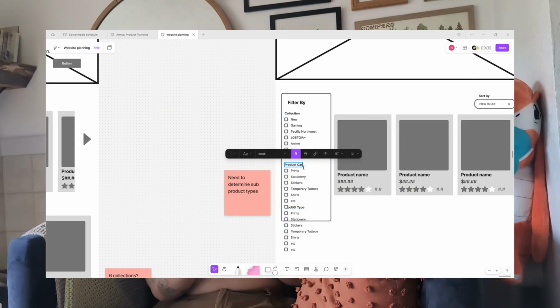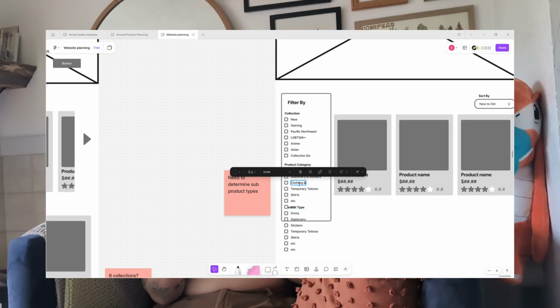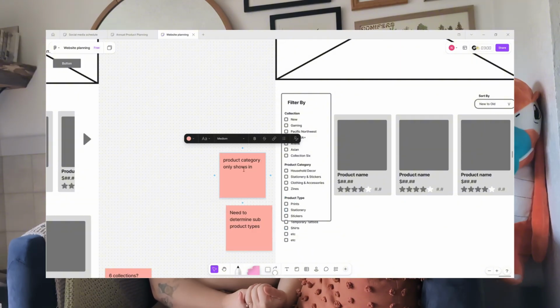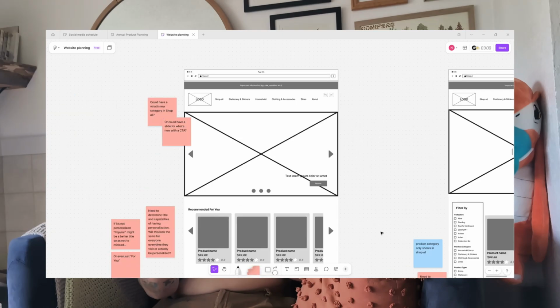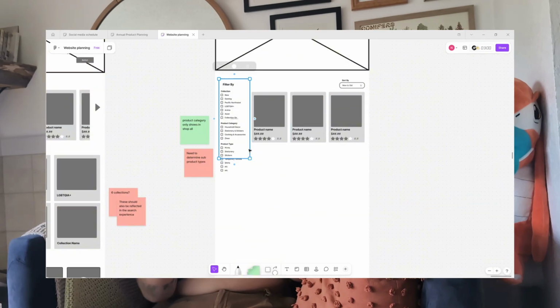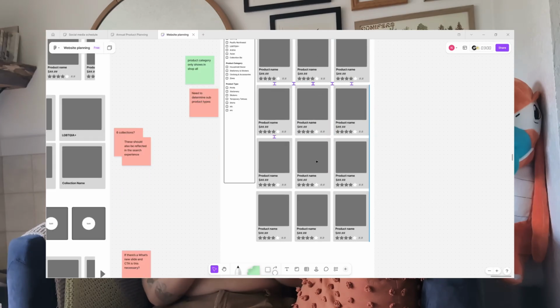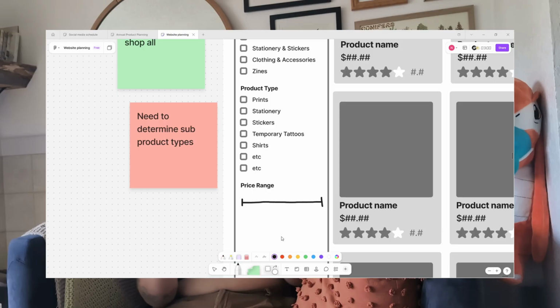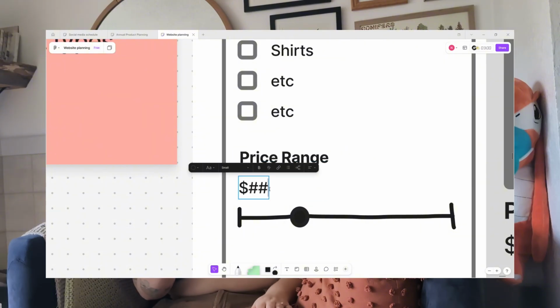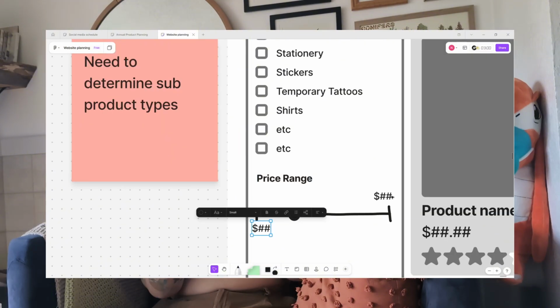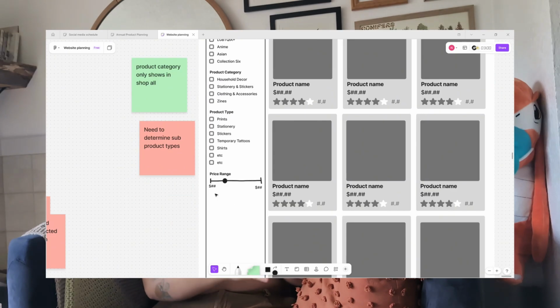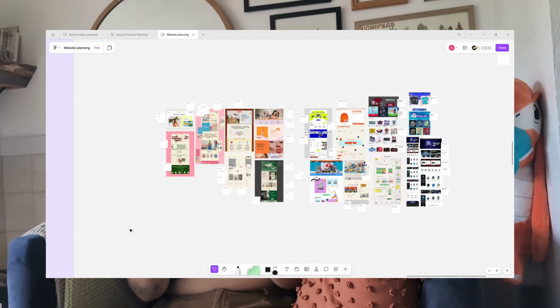But then as I was working through this, I decided that I wanted to break each of those down and have additional options for each of those product subcategories. So for example, in stickers and stationery, it would make sense to include individual stickers, sticker sheets, sticker books, journals, notepads, cards, and washi tape. And having each of those as a product subcategory that can both be filtered on